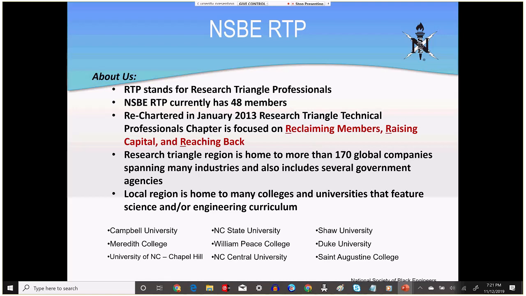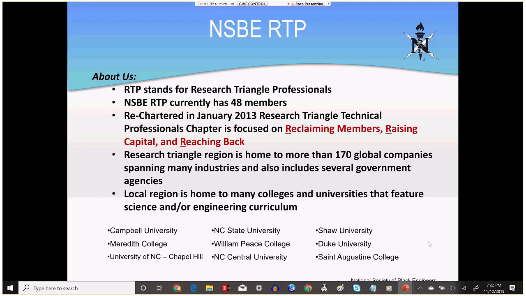As well as different companies, we're also home to many colleges and universities. So here's a list of many of them here: Campbell, Meredith, UNC Chapel Hill. NC State is one of the largest college chapters in the area, probably the largest college chapter in the Triangle area, at least.